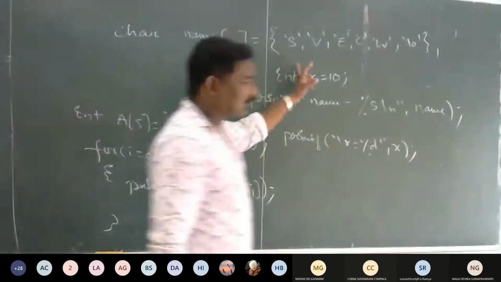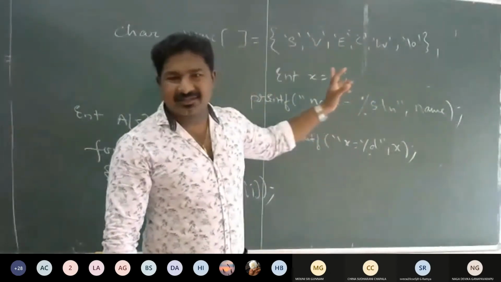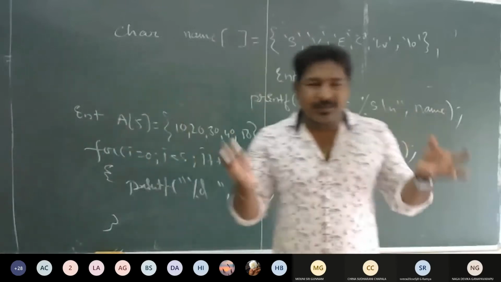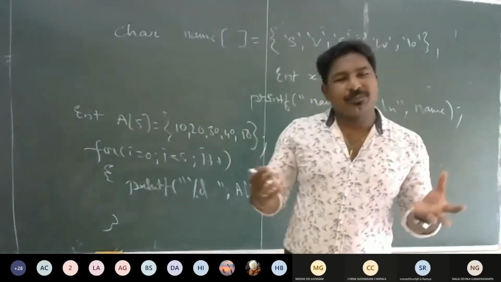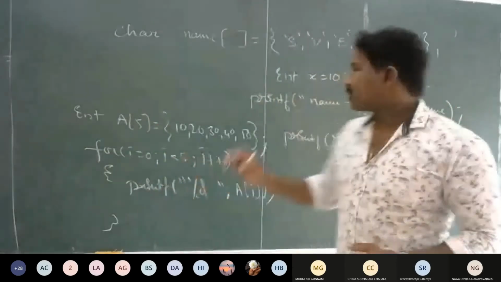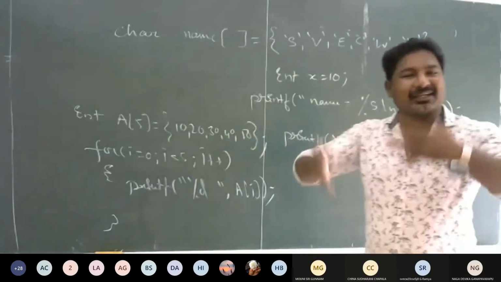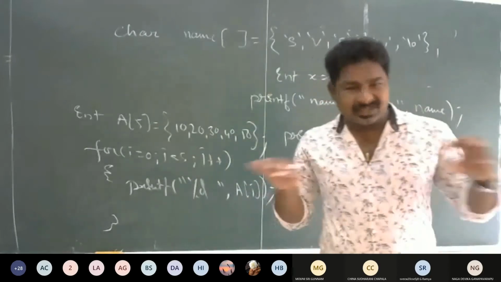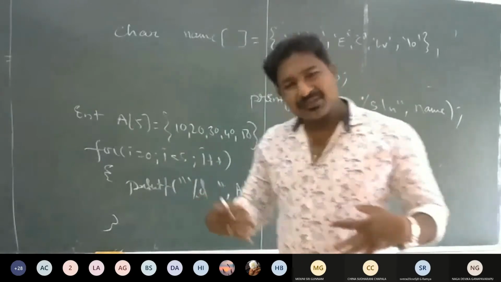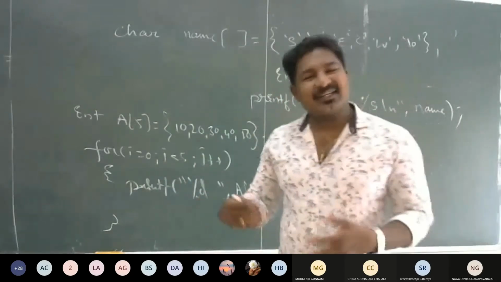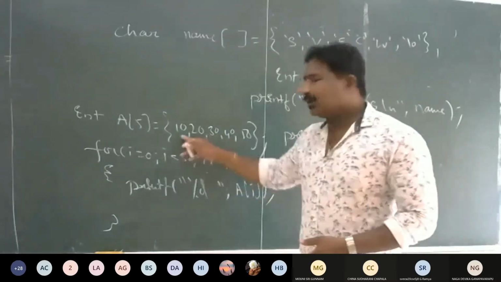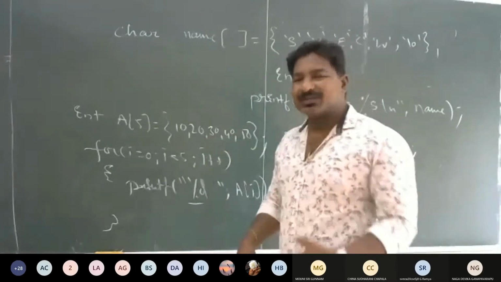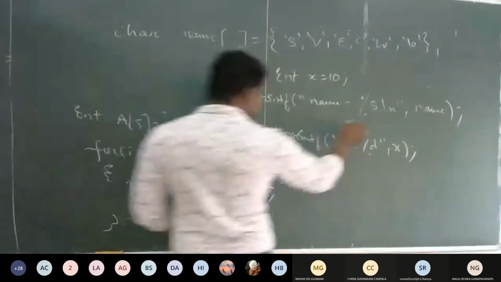Because these are all individual elements. But in this case, these are not individual characters, because we are calling them a string. A string is nothing but a collection or group of characters, zero or more characters in double quotes. So you can't distinguish them character by character, right? For printing the entire string, they introduced a format specifier, that is %s. For example, for printing integer values you use %d, but for printing the string we use %s. That is the meaning actually.